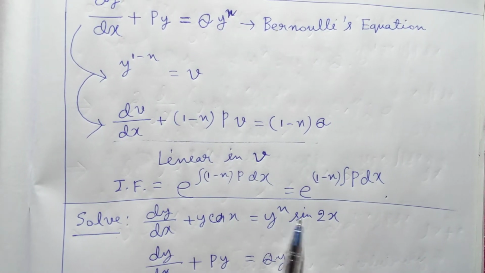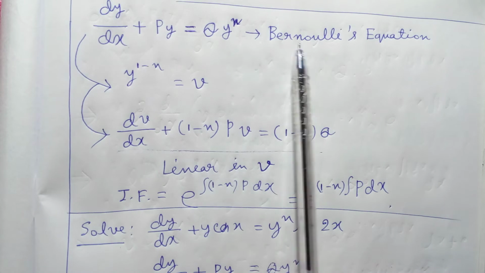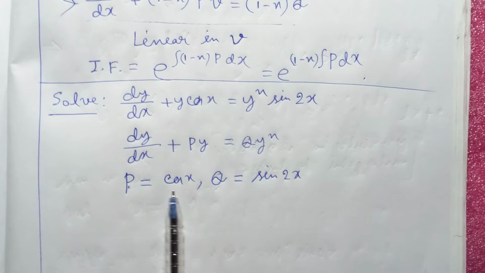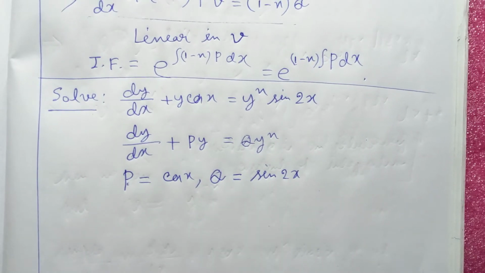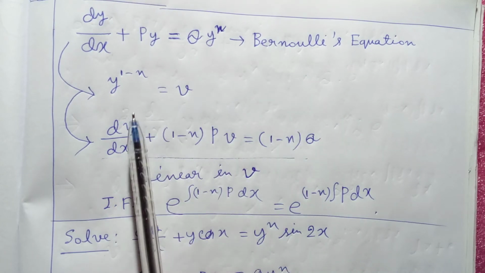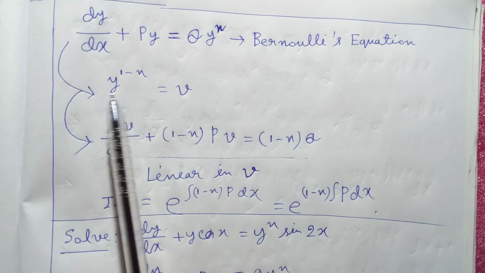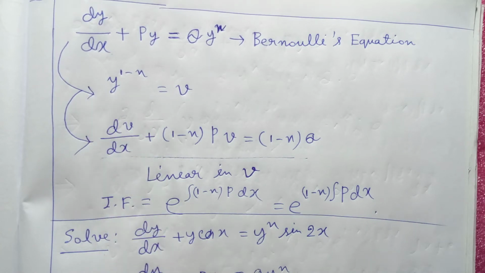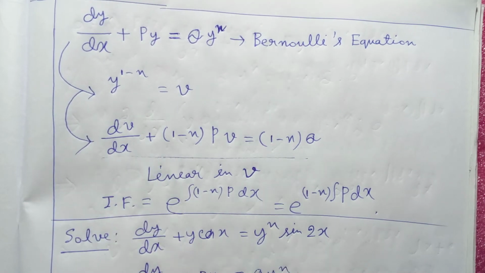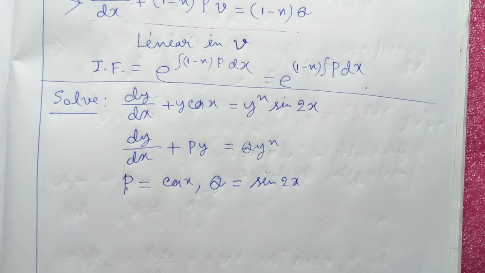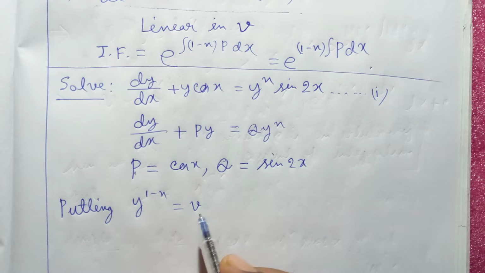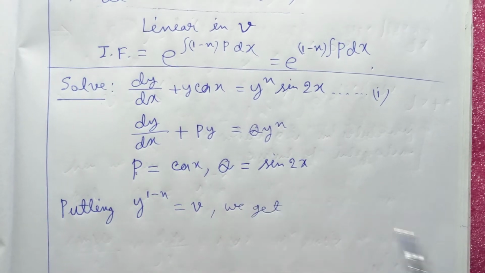Comparing the given equation with the standard form of Bernoulli's equation, we get p is equal to cos x and q is equal to sin x. From the above equation, we see that by the substitution v is equal to y to the power 1 minus n, this equation can be transformed to this form. Therefore, by the substitution, putting y to the power 1 minus n is equal to v, we get